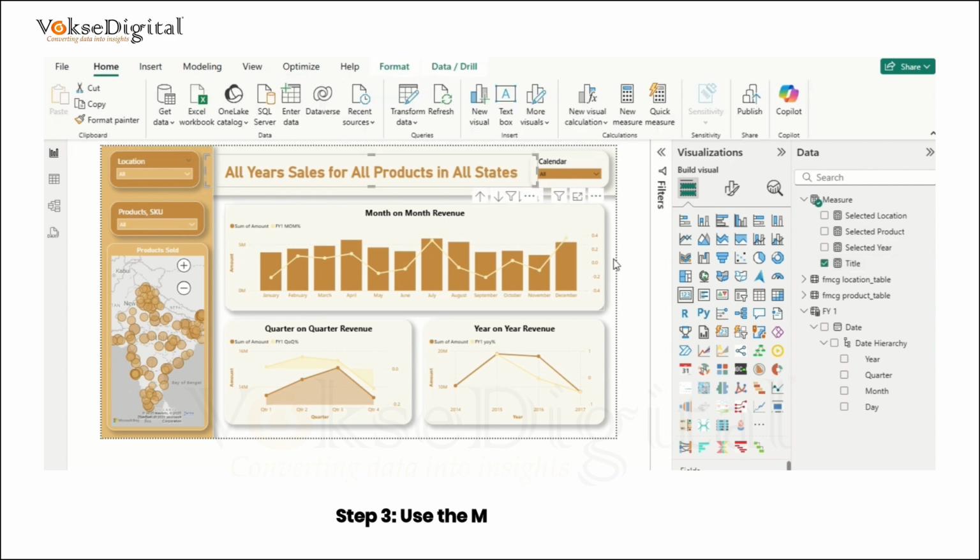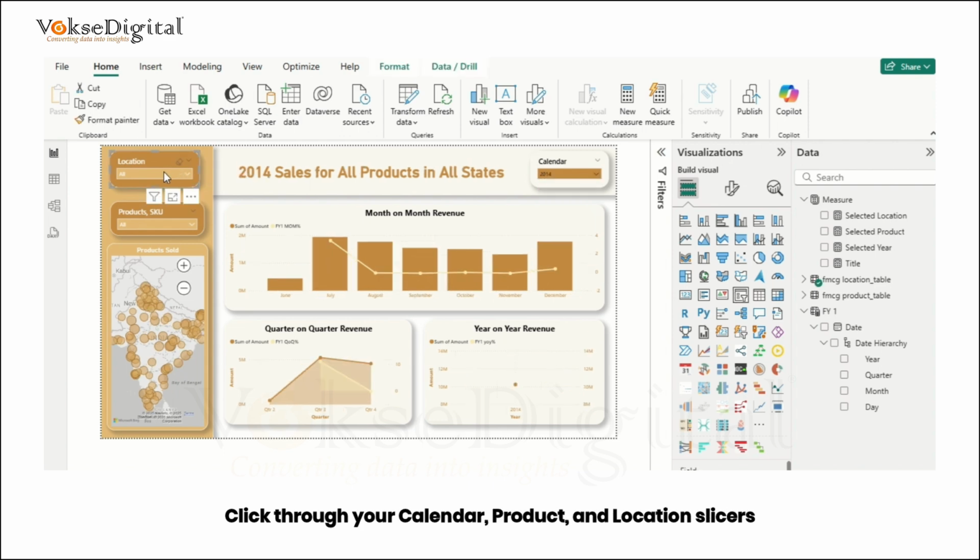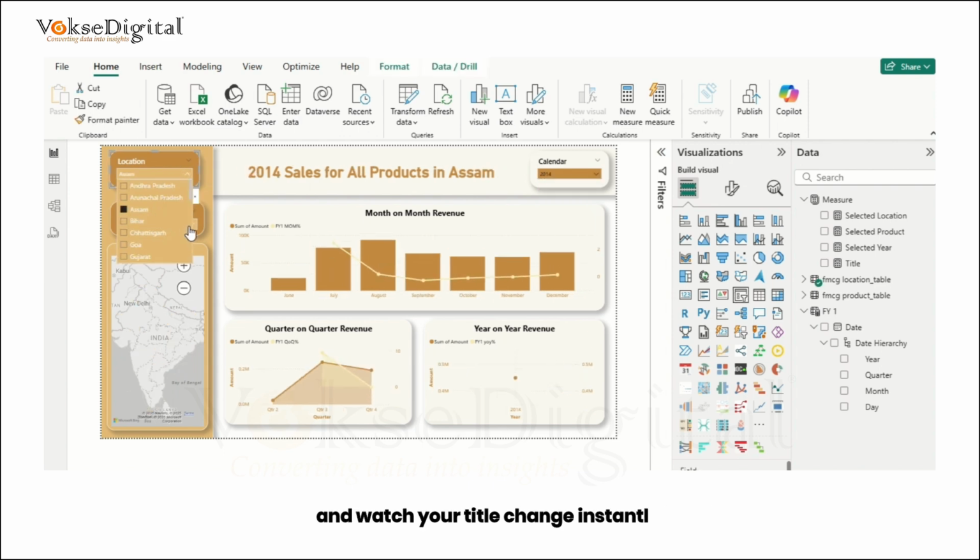Step 3. Use the measure as a title. Add a card visual. Drag your dynamic title measure onto it. Format it like a title and place it on top of your report. Step 4. Test it. Click through your calendar, product, and location slicers and watch your title change instantly to reflect